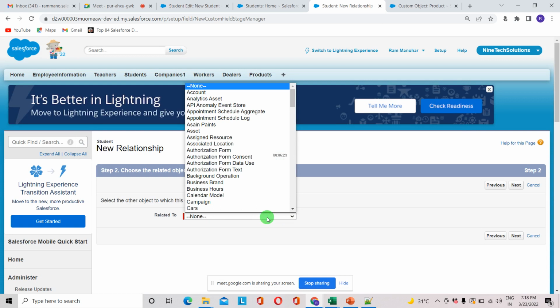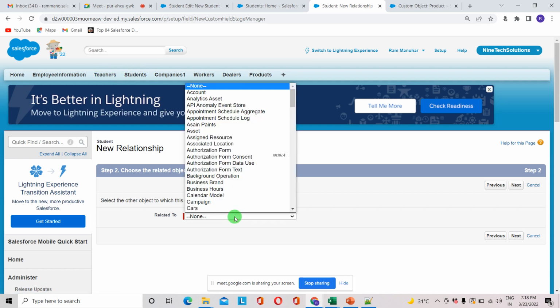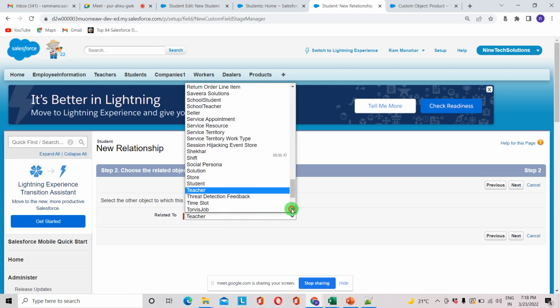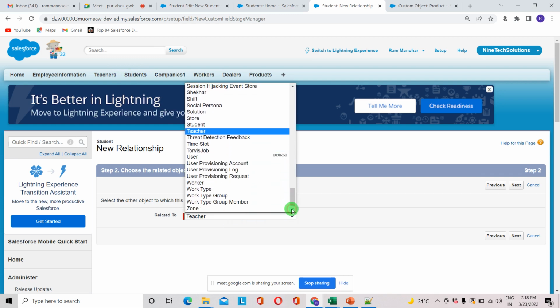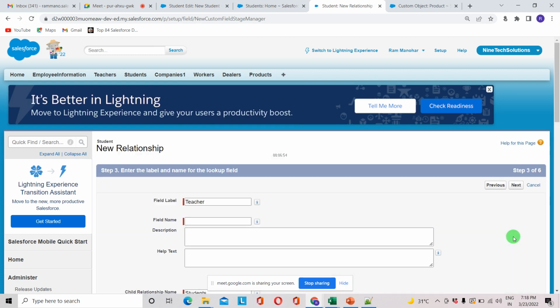Related to: here it is asking how this object is related to another object. So the student object we are relating to teacher. So here you can click on teacher. Next,